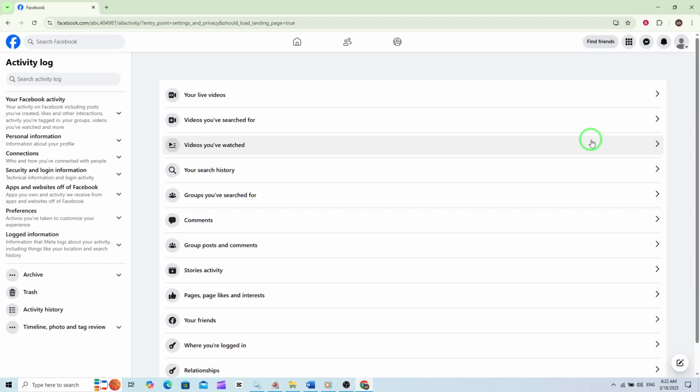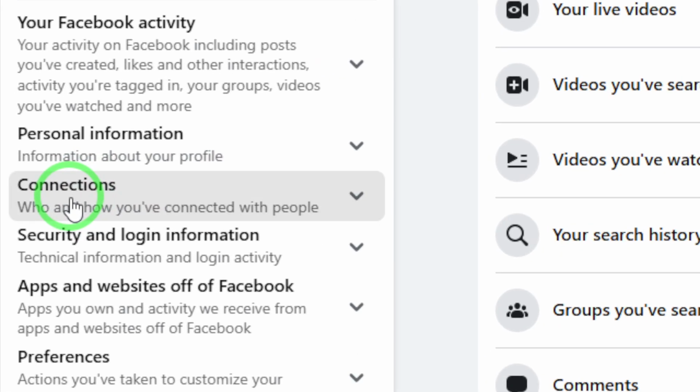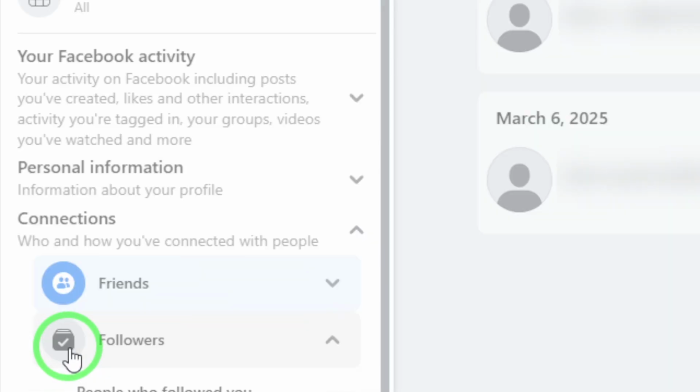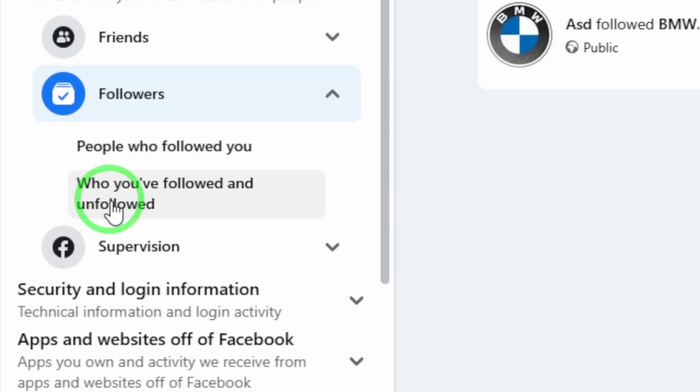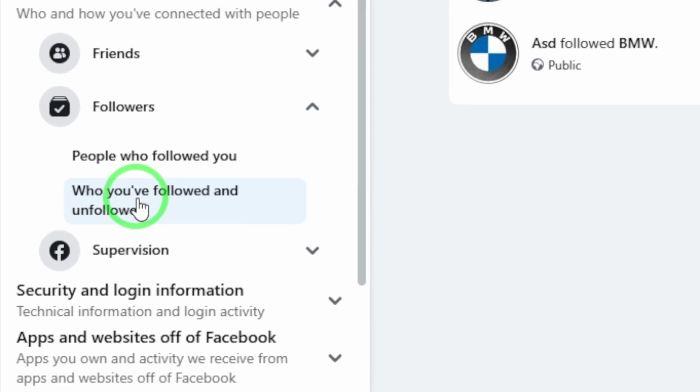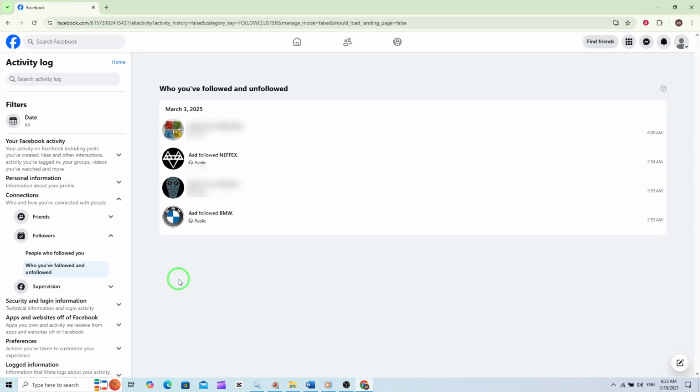Now that you're in the activity log, look at the left-hand side under the Connections section. Click on Followers to proceed. Finally, within the Followers section, you'll see an option labeled Who You Followed and Unfollowed. Click on it, and you'll be able to view a detailed list of all the accounts you've followed or unfollowed